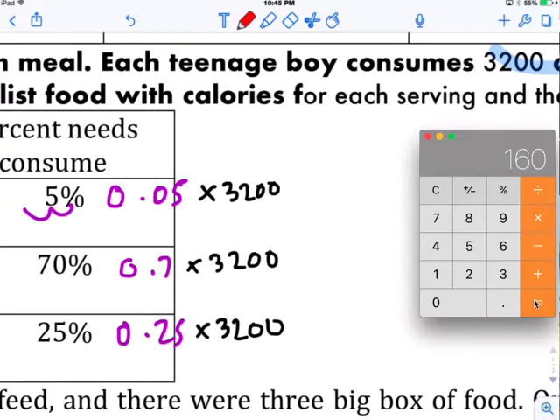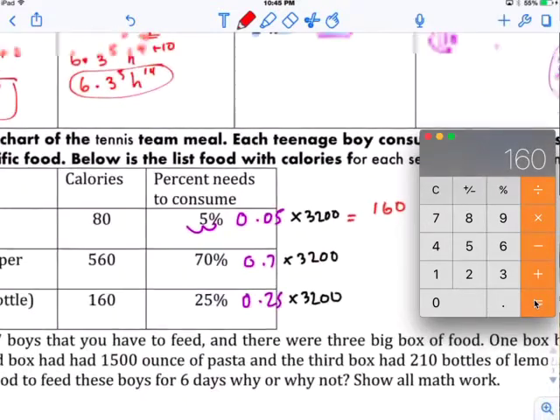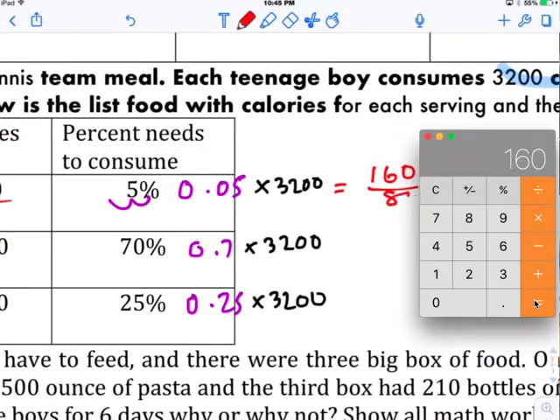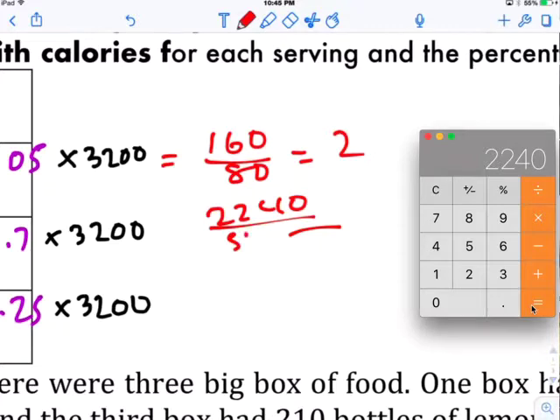0.05, 160. And divide that by this 80. You get 2, right? Times 0.70 or 0.7 is 2240. Divide that by 560. Okay, divide that by 560. 4